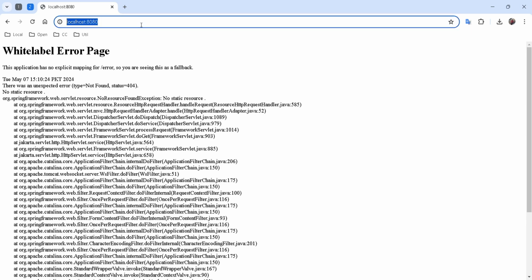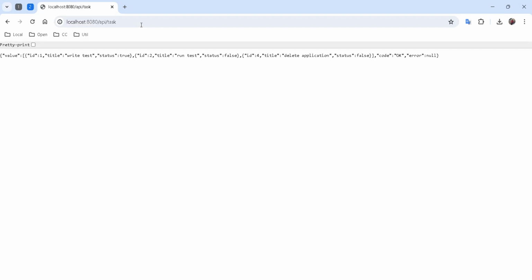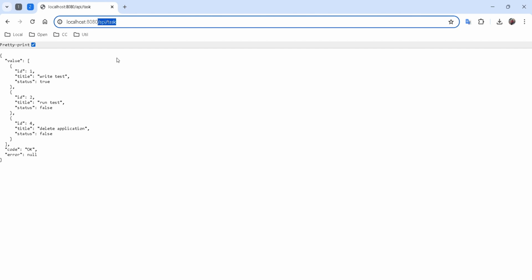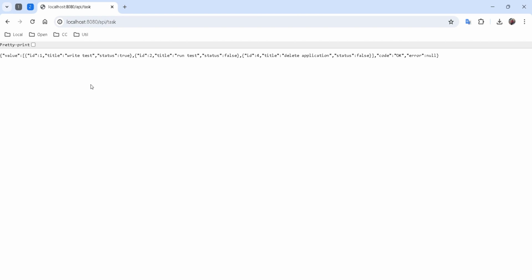So let's start again. The reason is that anybody could access our application. There is no authentication or authorization in place that actually restricts users. And what we want to do is, whenever a user tries to access this,